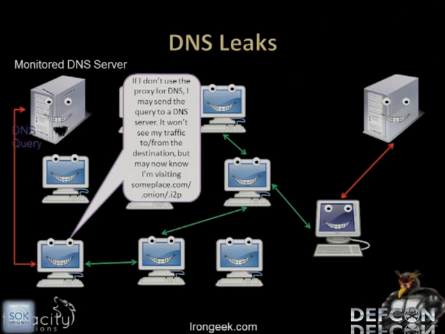Let's say you go out and visit irongeek.com, but you don't want anybody to know you're visiting irongeek.com. Well, sometimes when people configure Tor or I2P for that matter, if the request for that host name is not sent into the darknet itself, it may be sent out to the public internet. In this particular illustration, my ISP wouldn't necessarily know what information I'm sending out onto the darknet, but since they see I'm making a DNS request for irongeek.com, they know I'm going to be web surfing there, even if they don't know what data I'm getting from irongeek.com.